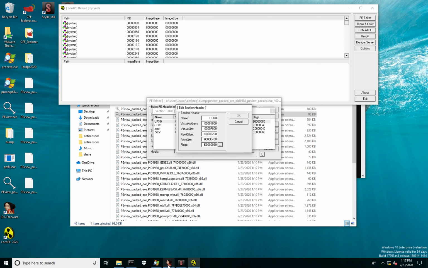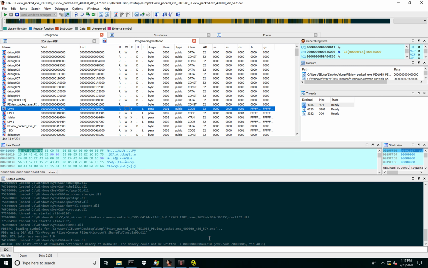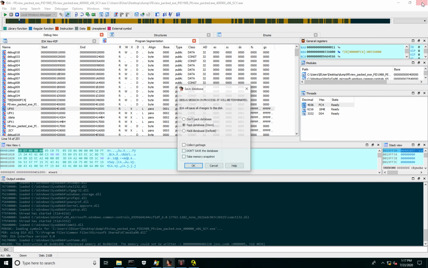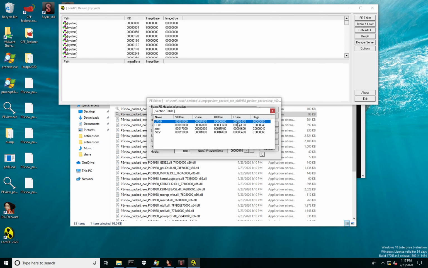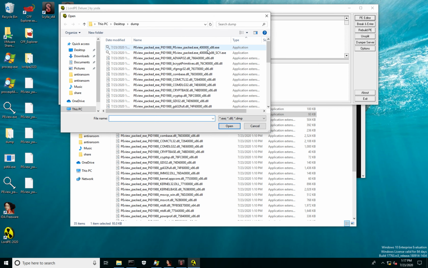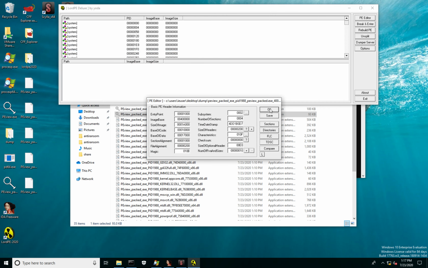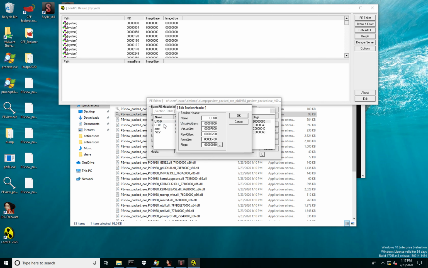We still have the application open in IDA, so we need to close it. Then open the file again in LordPE editor. Go to Sections, then make UPX0 writable.